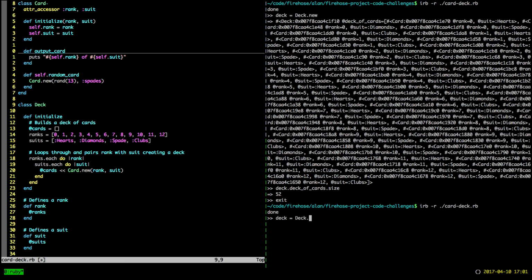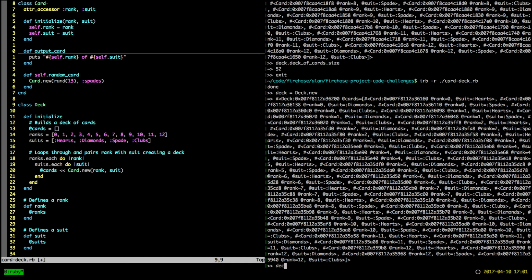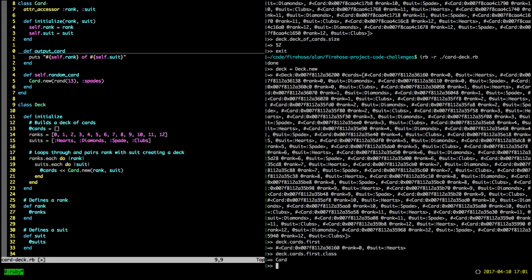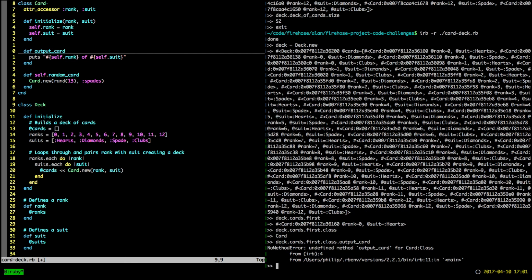So when we come in here, if I say deck.cards.first, it'll grab the first element out of your cards. And there it is. It is the 0 of hearts, right? If I want to find out what that is, I can say, what class are you? And it'll say, I'm a card. And so we're like, oh, I know what that is. I defined you already. And you have these 3 methods, and one of them is output card. So if I send you that message to run that method, it should say,